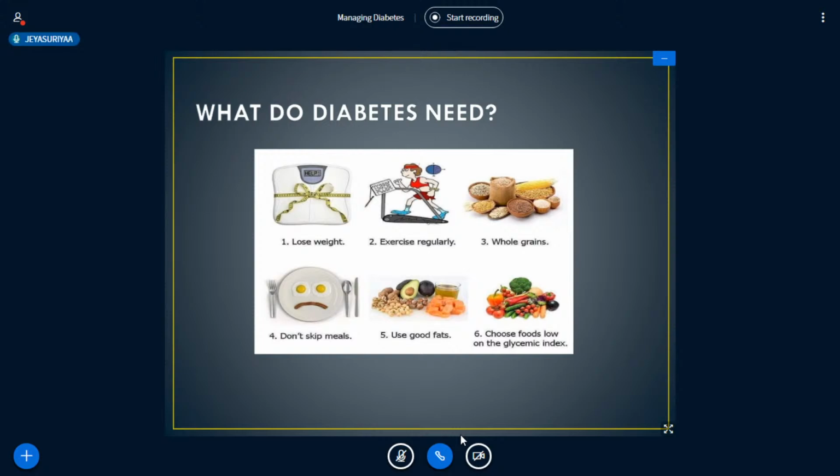Dietary treatment should aim at ensuring weight control, providing nutritional requirements, allowing good glycemic control with blood glucose levels as close to normal as possible, and correcting any associated blood lipid abnormalities to play a key role. On the other hand, dietary fat should provide 25 to 35% of total intake of calories, but saturated fat intake should not exceed 10% of total energy.